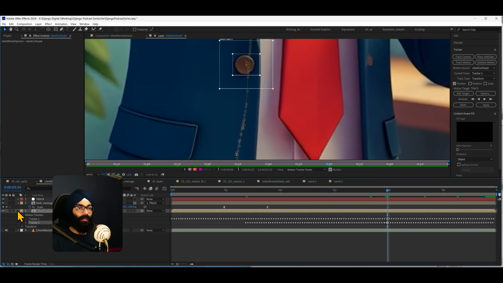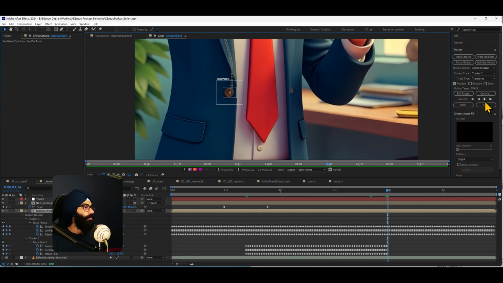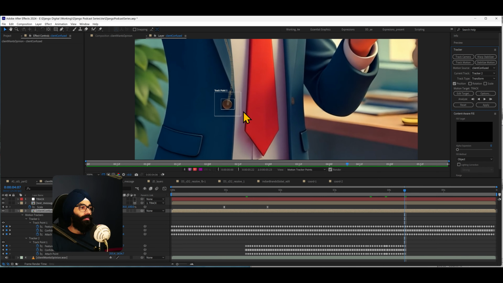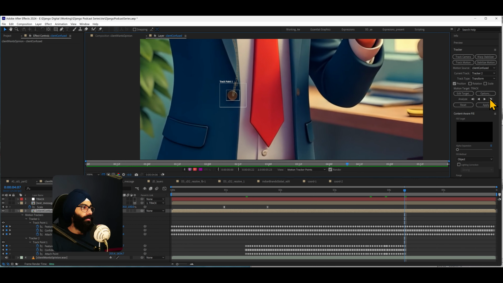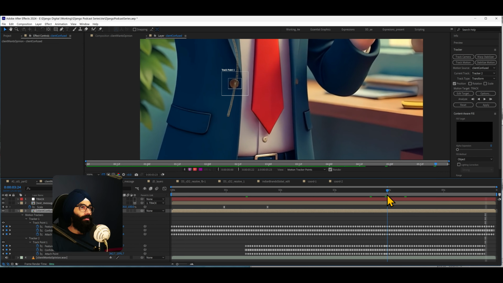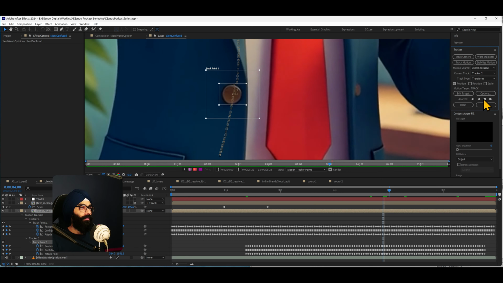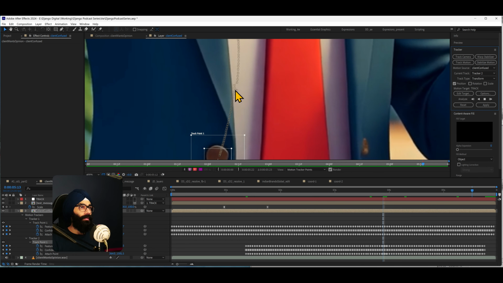Actually what we can do is the tracker 2, I can just press U and delete all of these, so it's like we're starting afresh from this point, and now I'm going to do analyze forward. Again analyze forward, we're sticking on pretty well. Yeah, so a little bit over here, there's a bit of a shift. Now come here, that's fine, a little bit of movement, we can manually adjust that.